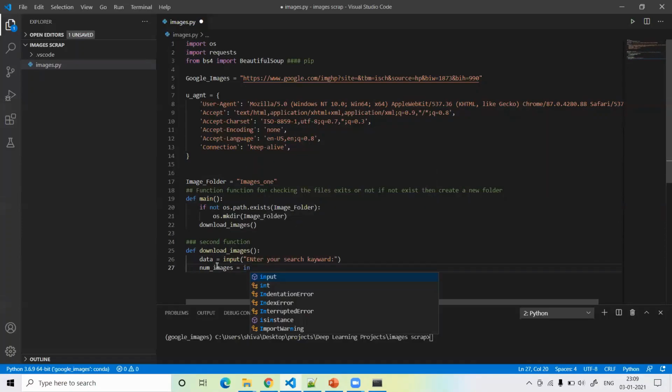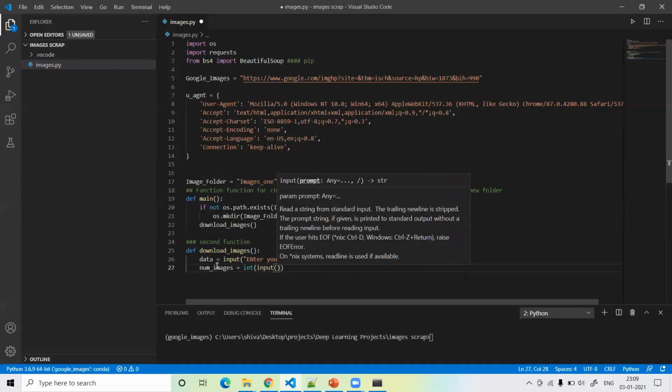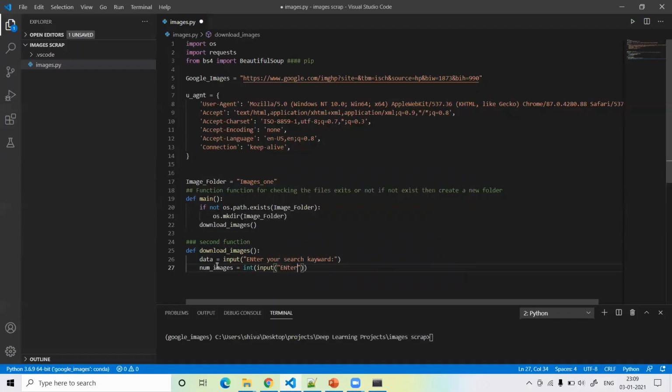So I just define integer input, enter the number of images you want, okay. Just first enter your keyword. After that, after entering the keyword, just enter your number of images, how many images you want, okay.